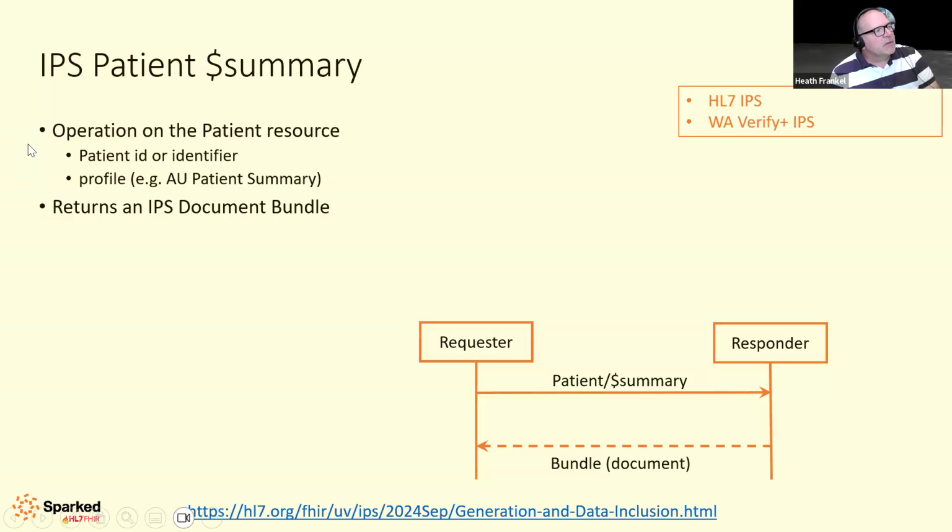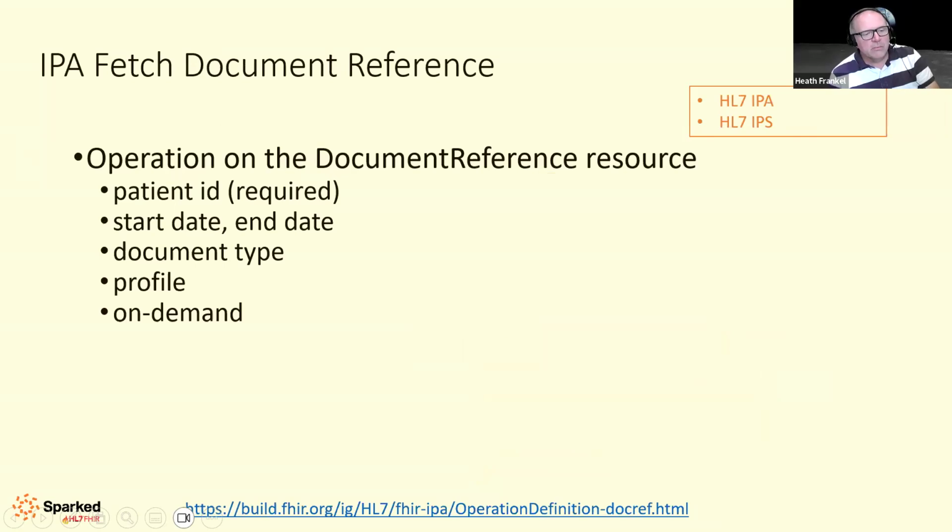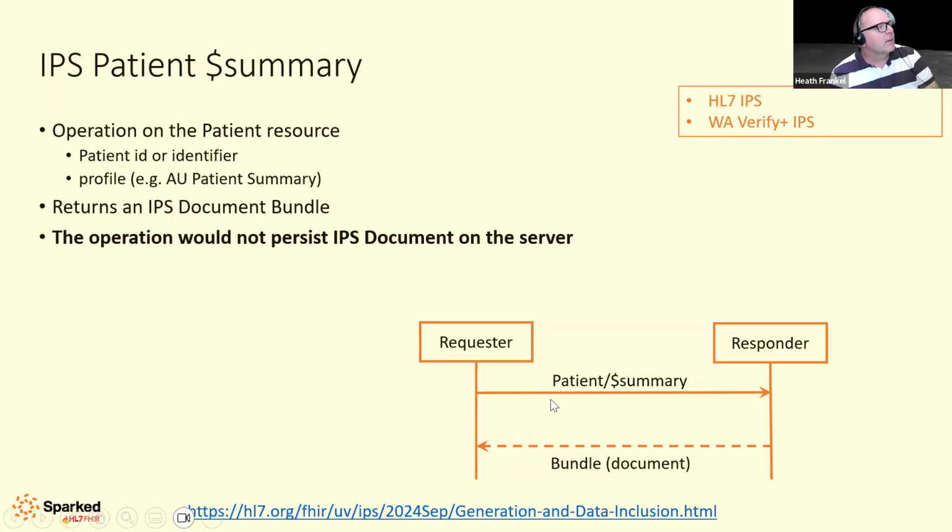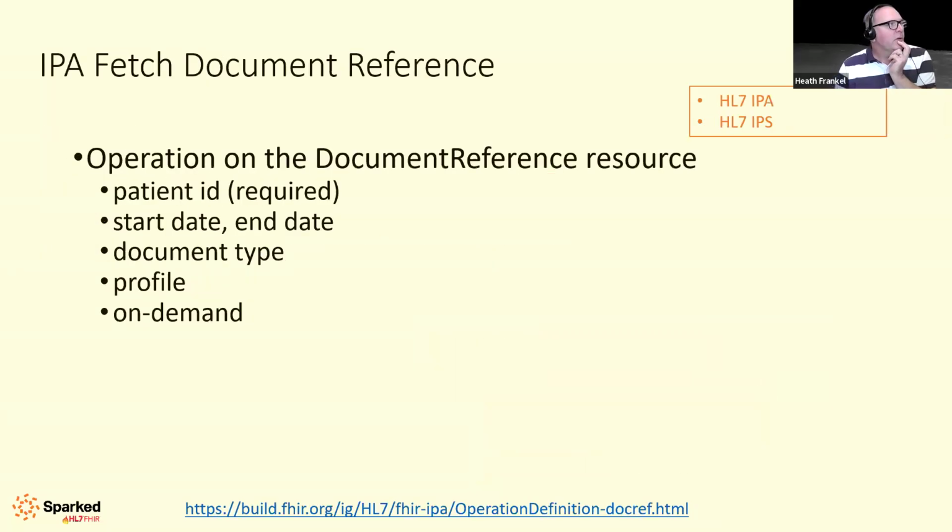This approach is being used by the Washington State Verify Plus project as basically the URL that is encoded by the Smart Health Link. Next slide. Just go back, yes. The key point here is that the IPS document is not persisted on the server. It is literally generated, and then it's up to the receiver to do what it will with it from there. Next slide is about